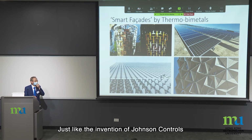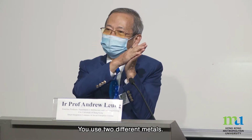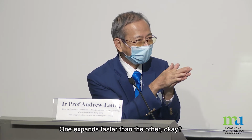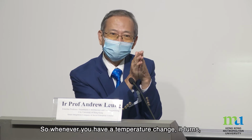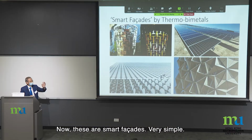Just like the invention of Johnson Control that was 100 years ago. You use two different metals. One expands faster than the other. Okay? So whenever you have a temperature change, it turns. It just turns this side or the other side. Now, these are smart